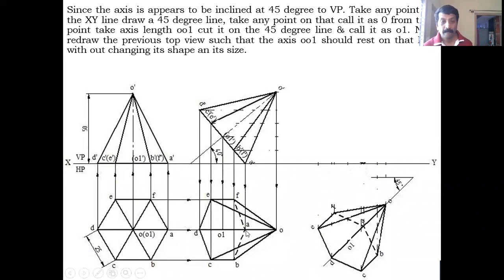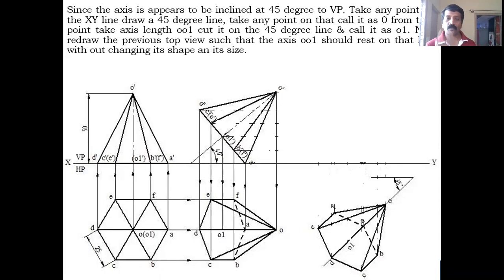How to do that? From A, this distance you take, from D this distance. These two distances are same. You can take from here to here, cut it here and draw perpendicular line. From D also same distance you take, draw perpendicular line. After taking that perpendicular line like this, from here to B, from here to E and from here to C distances are same. So you cut it on either side of this perpendicular line. From here also cut it on either perpendicular line, you will get C, B as well as E and F.